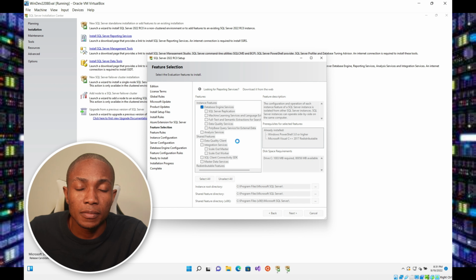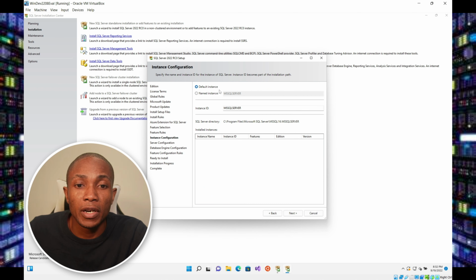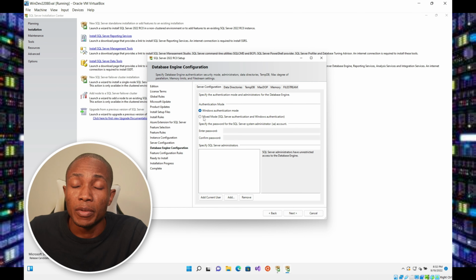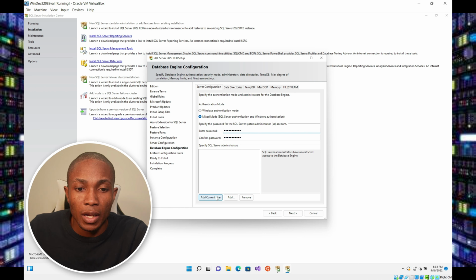Select next. We're going to keep the default instance as MS SQL Server. Select next. So we want to enable the SQL Server agent and set it to automatic. This will automatically start up when the SQL Server starts, or if it's shut down and you bring up the server, then it will be automatically started. Select next. You can enable mixed mode, which is recommended. So we're going to enable mixed mode authentication at the current user, which is the user that is created on